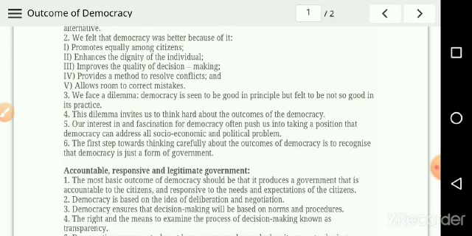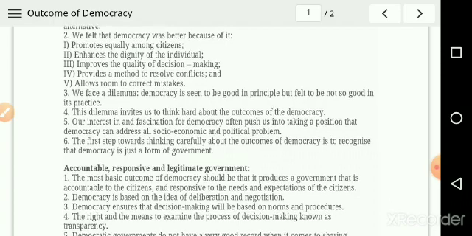If there is any conflict, in countries like India we know many social groups are there. It may be in the name of religion, or in the name of caste, or in the name of a geographical area, or according to language; many social groups are there. There will be some social conflict or tension in the society, but democracy will try to solve those conflicts in a peaceful way.